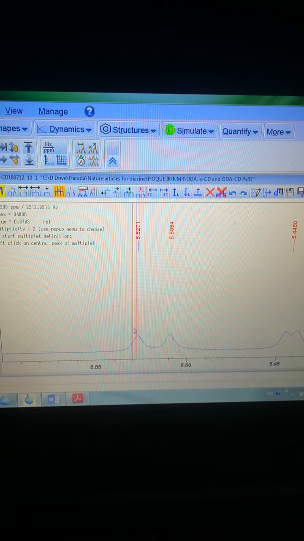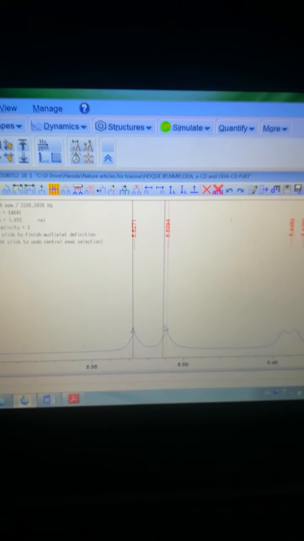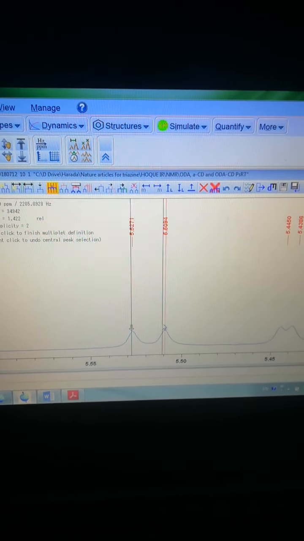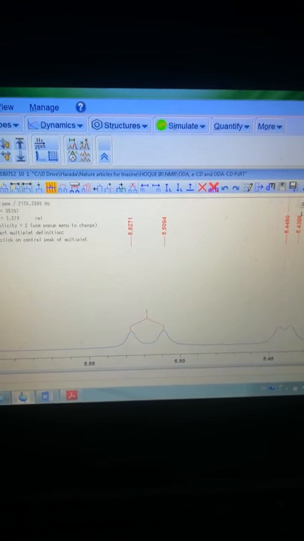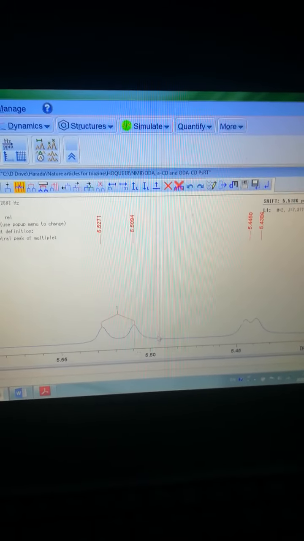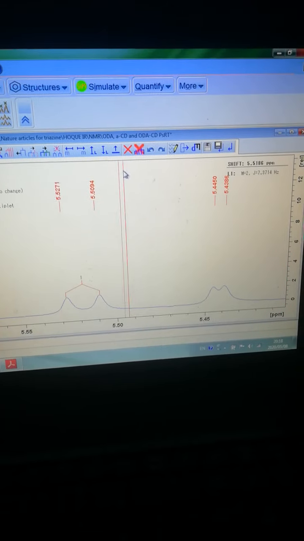After selecting one peak, go for another one, select the highest tip and click here. So you get the multiplet for this doublet, which is 7.37, a little bit different from the automatically generated multiplet. This one is more precise in this case.